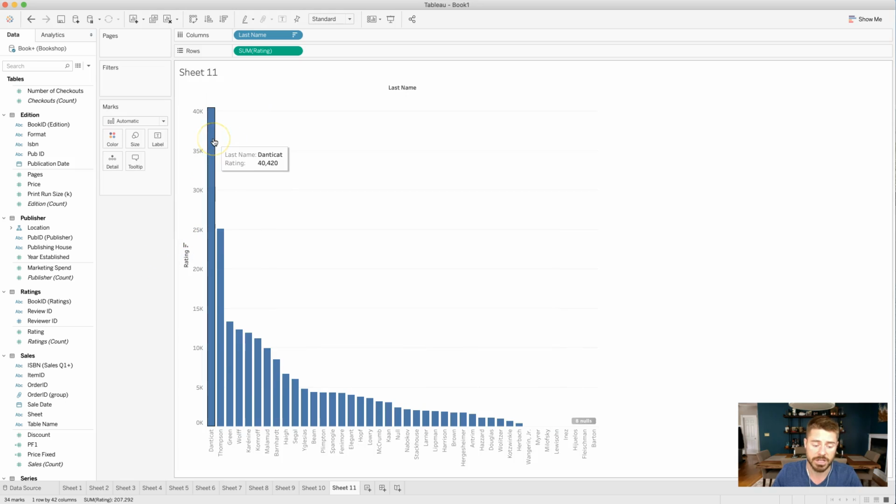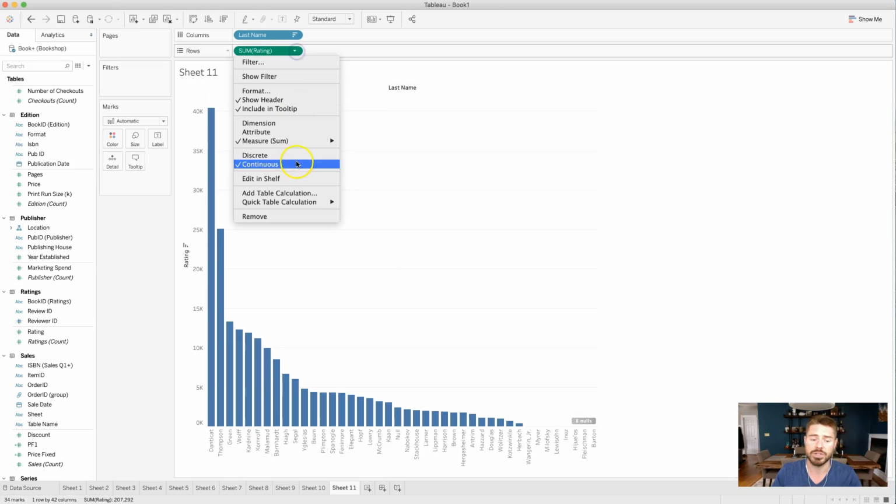For instance, this person here, Danticat, has received 40,000 stars in total, and this person down here, Harbach, has received 400 stars in total. But that doesn't really tell us anything about the quality of their work, because some of them could have been reviewed so many more times than others. So we don't mean to aggregate here by sum. We should probably be aggregating by the average,